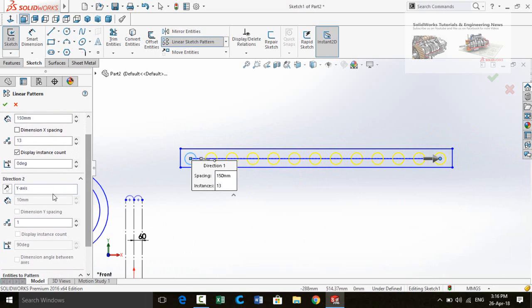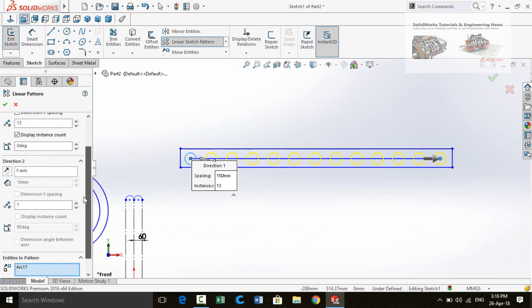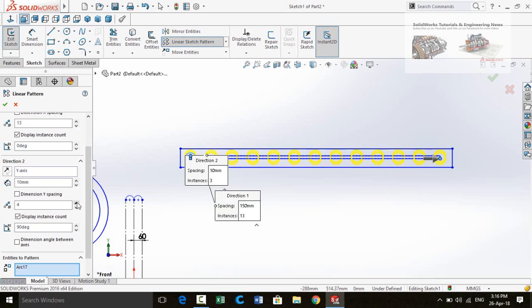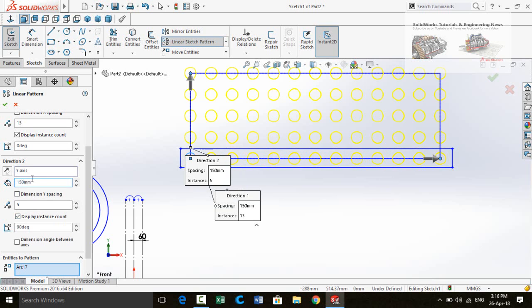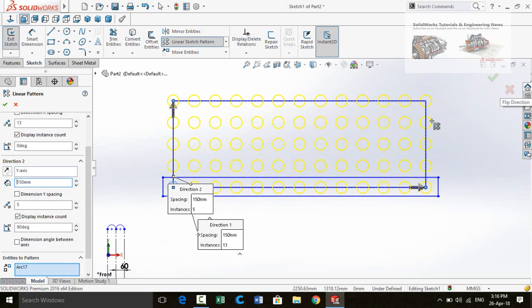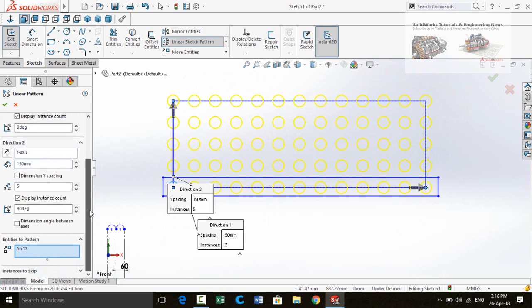Scroll down again. Here is the direction 2, and in the direction 2 the instance is only 1. You can also increase the instances from here and type here the distance 150. Quantity is 5 and then we have another option in linear pattern, instances to skip.